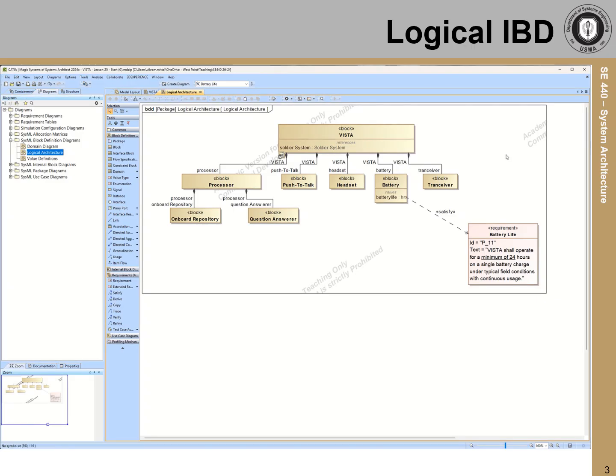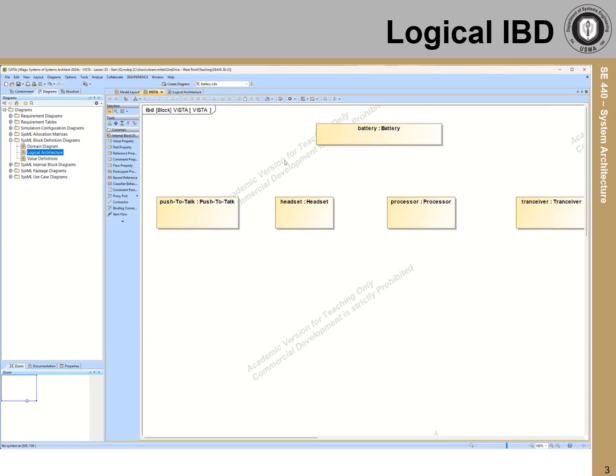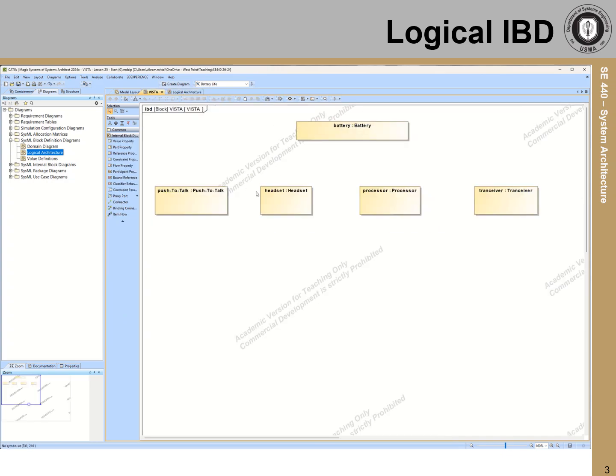We've already started to build the IBD for the Vista system. So if I double click, you can see that we have the blocks: the battery, the push-to-talk, the headset, the processor, and the transceiver. The first thing we're going to do is add some proxy ports to each of our devices. So I'm going to click on proxy port, hold down shift, and I'm going to add 4 proxy ports to my battery. I'm going to add 2 to my push-to-talk,